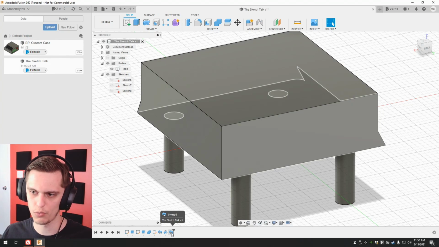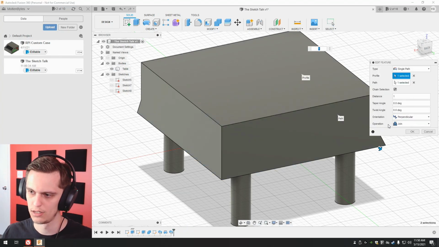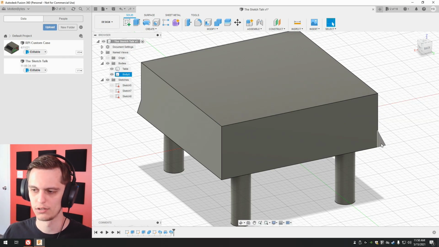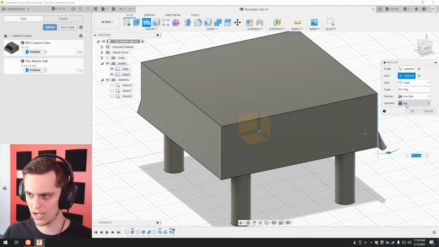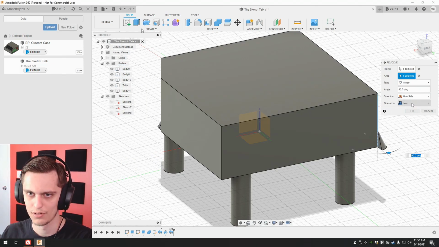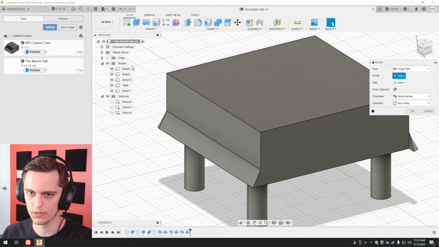So here's where we're actually gonna want to do this sweep and hit edit, and instead of automatically joining it, we'll sweep it into a new body and join it later. So now we have this as a separate face, and we can revolve it, again, around this axis. Again, it'll be 90 degrees. We can sweep this guy